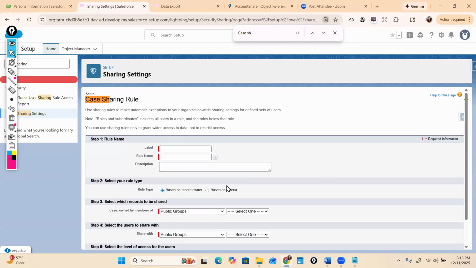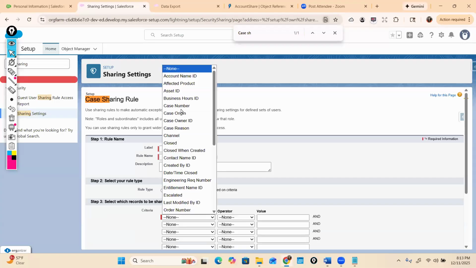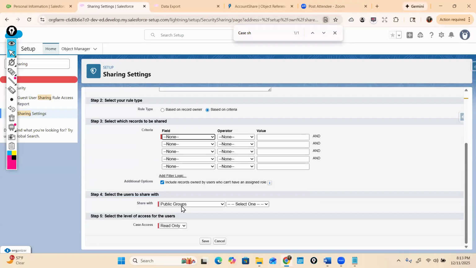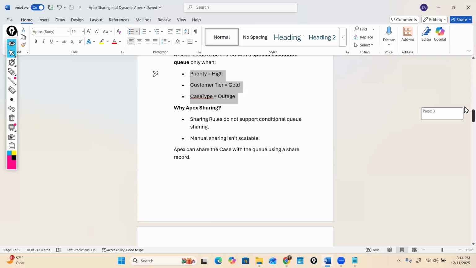You can go ahead and put a condition on case record saying this, but you cannot do shared with a queue. You can only do it with public groups, roles, and internal subordinates. You cannot have a queue in here. Okay. So for these kind of situations, when your out of the box doesn't take care, then you will use